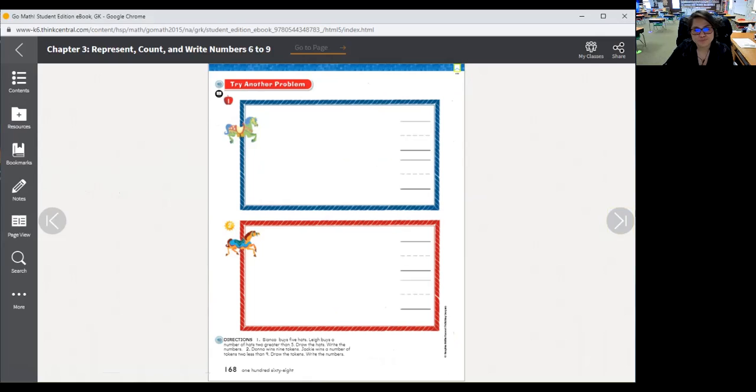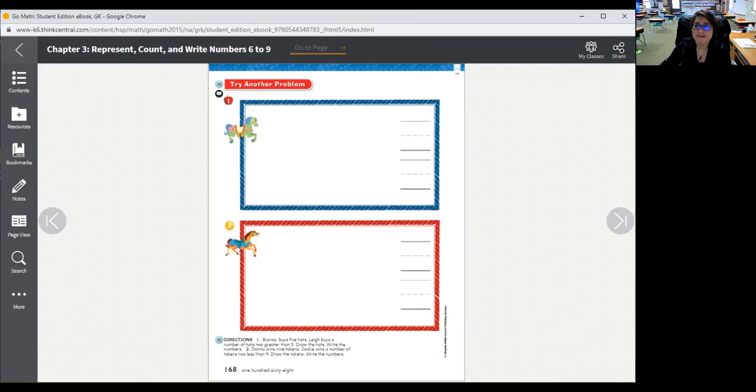Okay, here we go. Number 1, we're going to do the very top one in the blue box, okay? We're going to read the directions and see what we need to do. And we're going to draw pictures. That's a strategy that we're going to use today to help us solve the problem, okay? And it says,